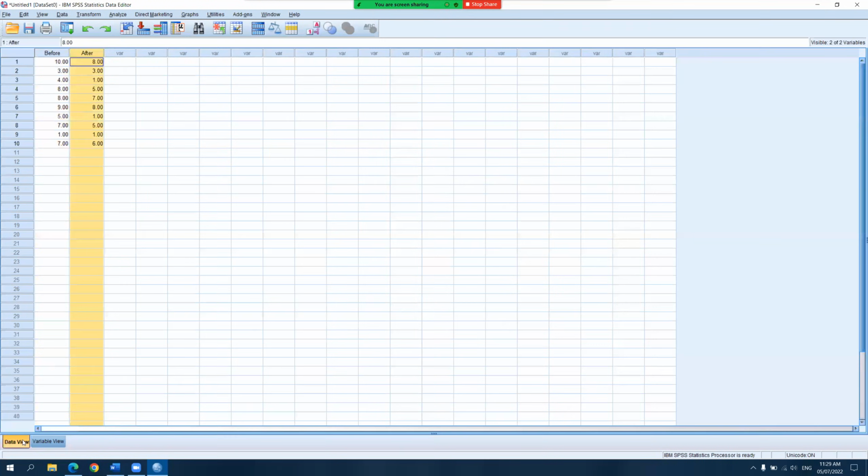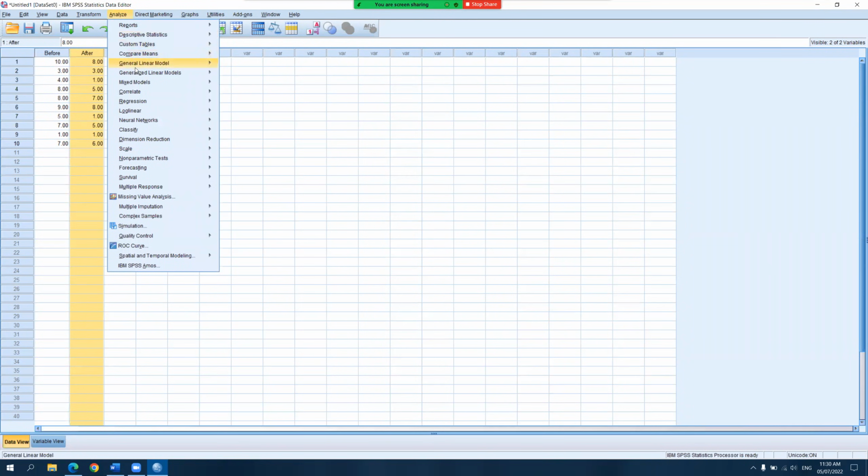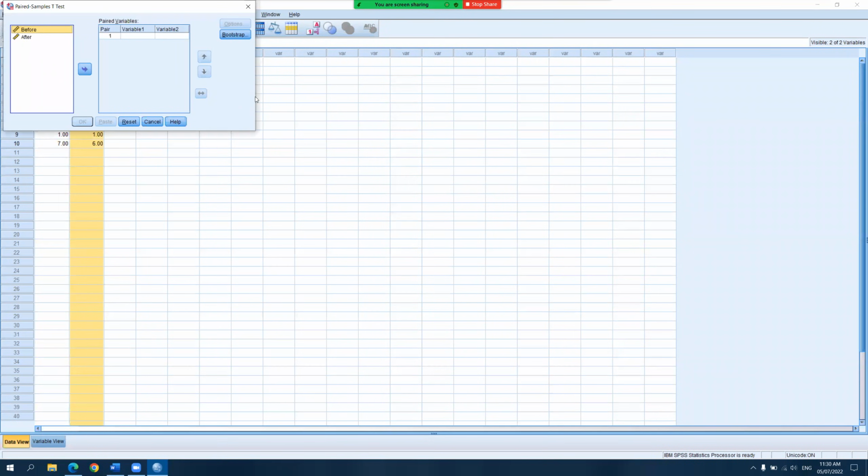And then going back to the data view, now that we are ready to run the dependent samples t-test, we click on Analyze, then Compare Means. Since dependent samples t-test is not named as such in SPSS, we click on Paired-Samples t Test.